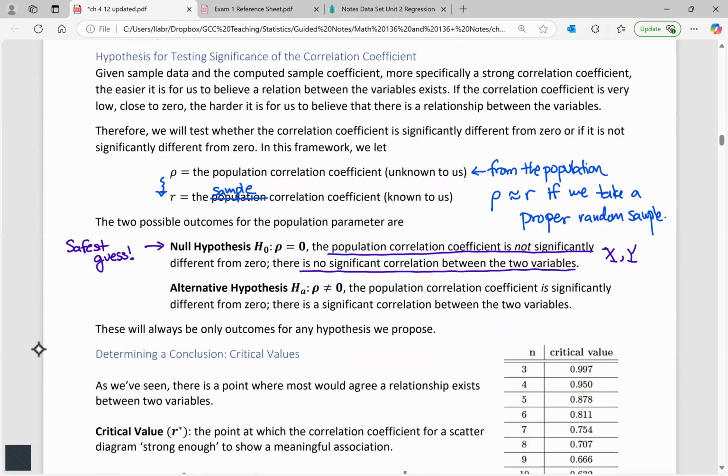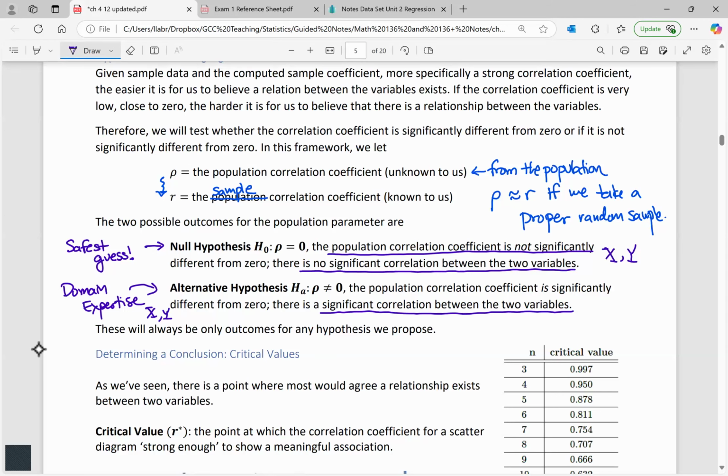And that's why the alternative hypothesis, because again, we're experts, so our domain expertise leads us to believe that my chosen quantitative variables, X and Y, actually do interact in some way. And so in the population, if you were to compute the correlation coefficient for those, they would be significantly different from zero. So in other words, there is a significant correlation between the variable X and Y, only using my sample. And so remember, we don't have access to rho, so we're going to say, is the R value close